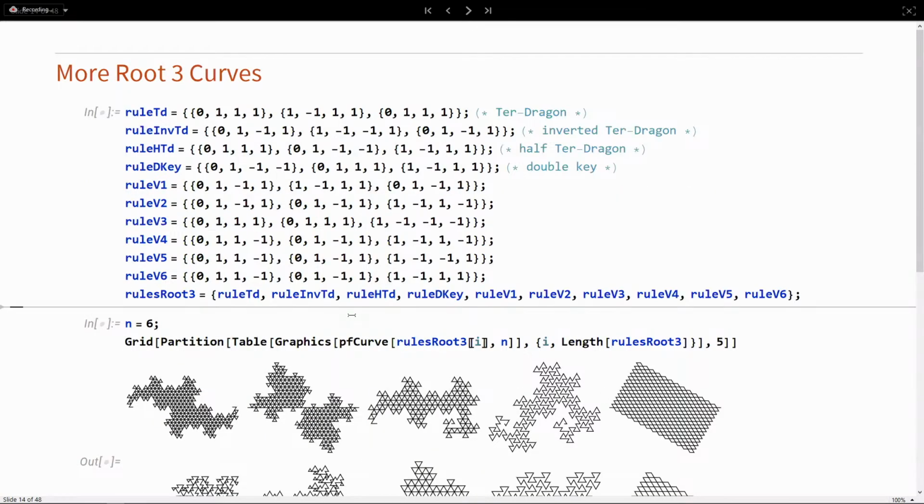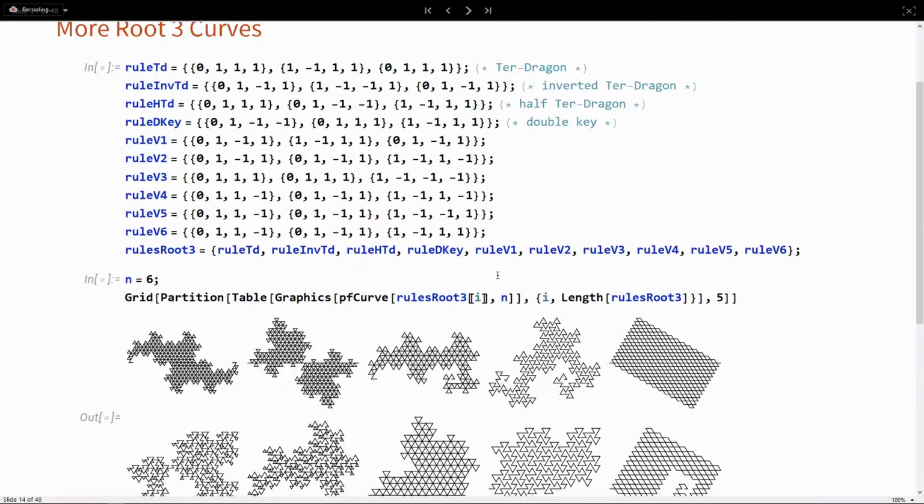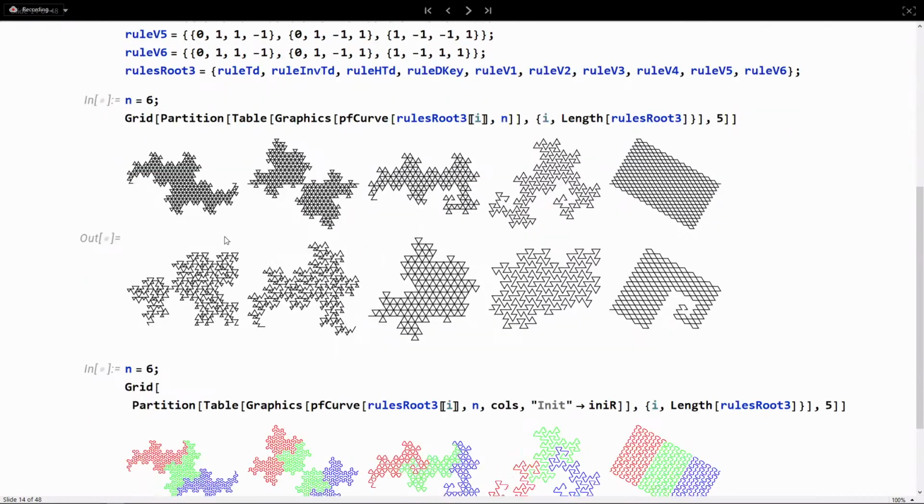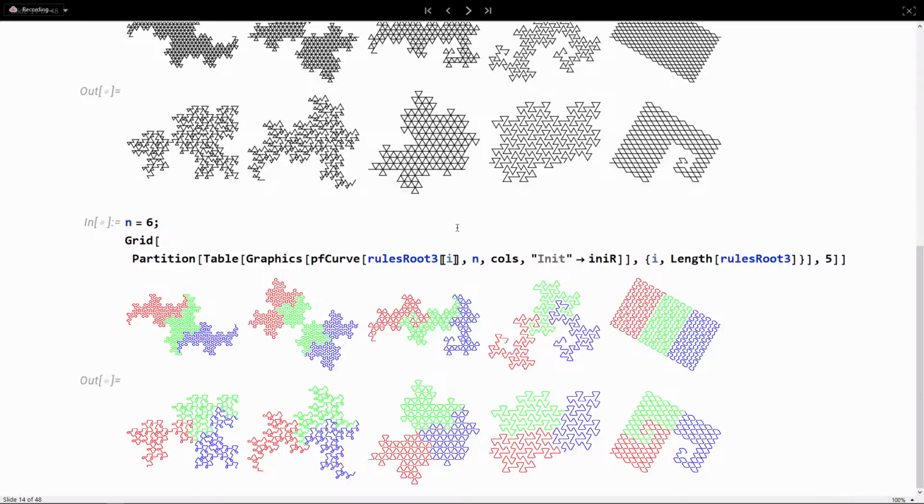So here's a whole bunch of root 3 curves, which basically means that the initial distance traveled by the curve in the first iteration is the square root of 3. And as each one of these is generated, you get these different patterns. One of them happens to look like a spiral. Here's the Terdragon over here. And here's the color forms of these. In each case, you've divided the shape into 3 copies of itself,